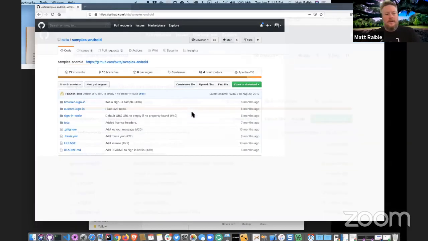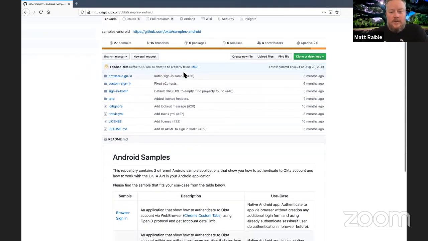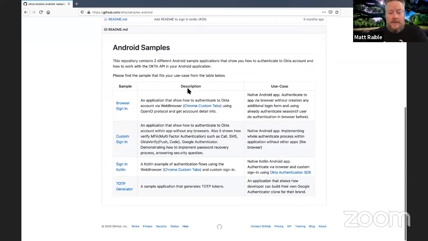So here we go. If you look at the URL there, it's okta/samples-android. And so if you have an Android app and you want to add Okta for authentication, there's a number of different examples here. There's a browser sign-in, right, which pops a web browser, does the redirect dance, just like you've experienced in a normal browser whenever you log in with any social account. Very similar to that, looks and acts the same. Then there's this custom sign-in here that is a little more customizable. This would be like if you're doing JavaFX and you just wanted to use our Auth API. But this also has multi-factor authentication